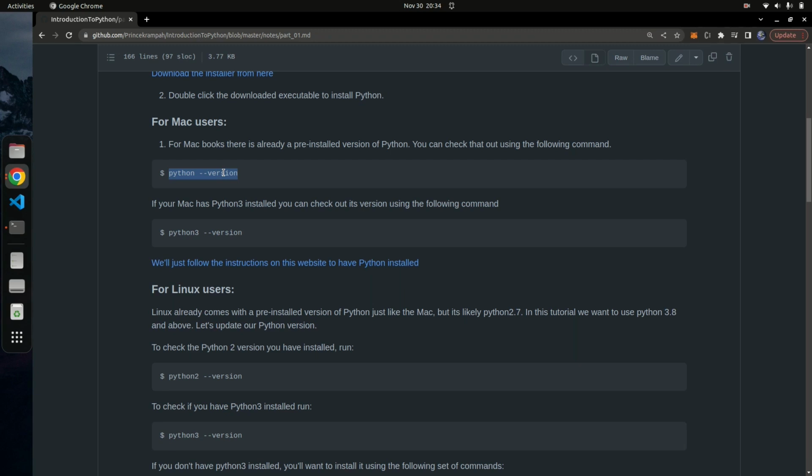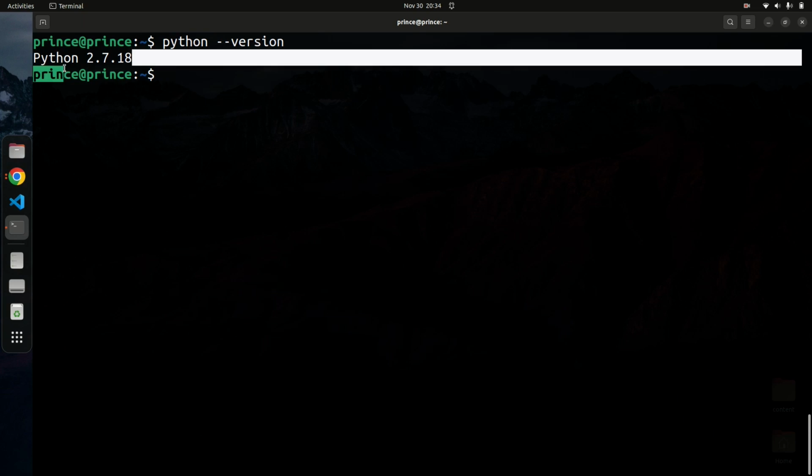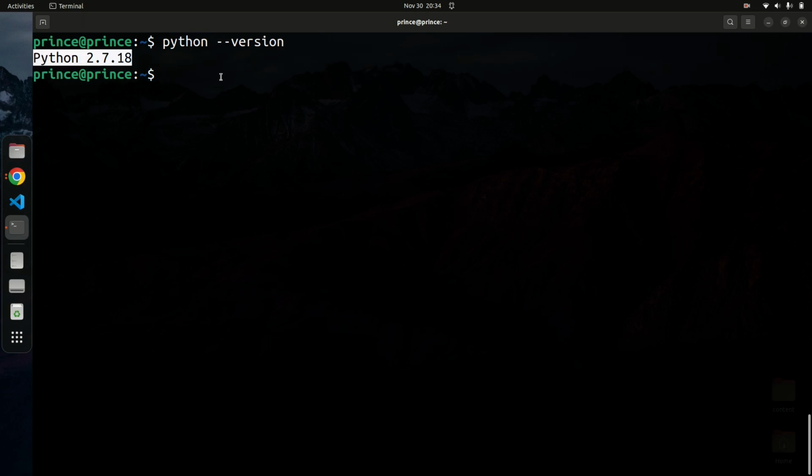So just copy this command and simply go inside of your terminal and paste it here. This command is going to work for both Linux and Mac users. If you're using Windows, we covered how to set up Python on Windows already. So if you run this command, you get the current version of Python that's installed. If you just say python, MacBooks and Linux machines return Python 2. You can see the current version of Python 2 that's installed on my machine is 2.7.18, and that's the pre-installed version of Python on these two operating systems.